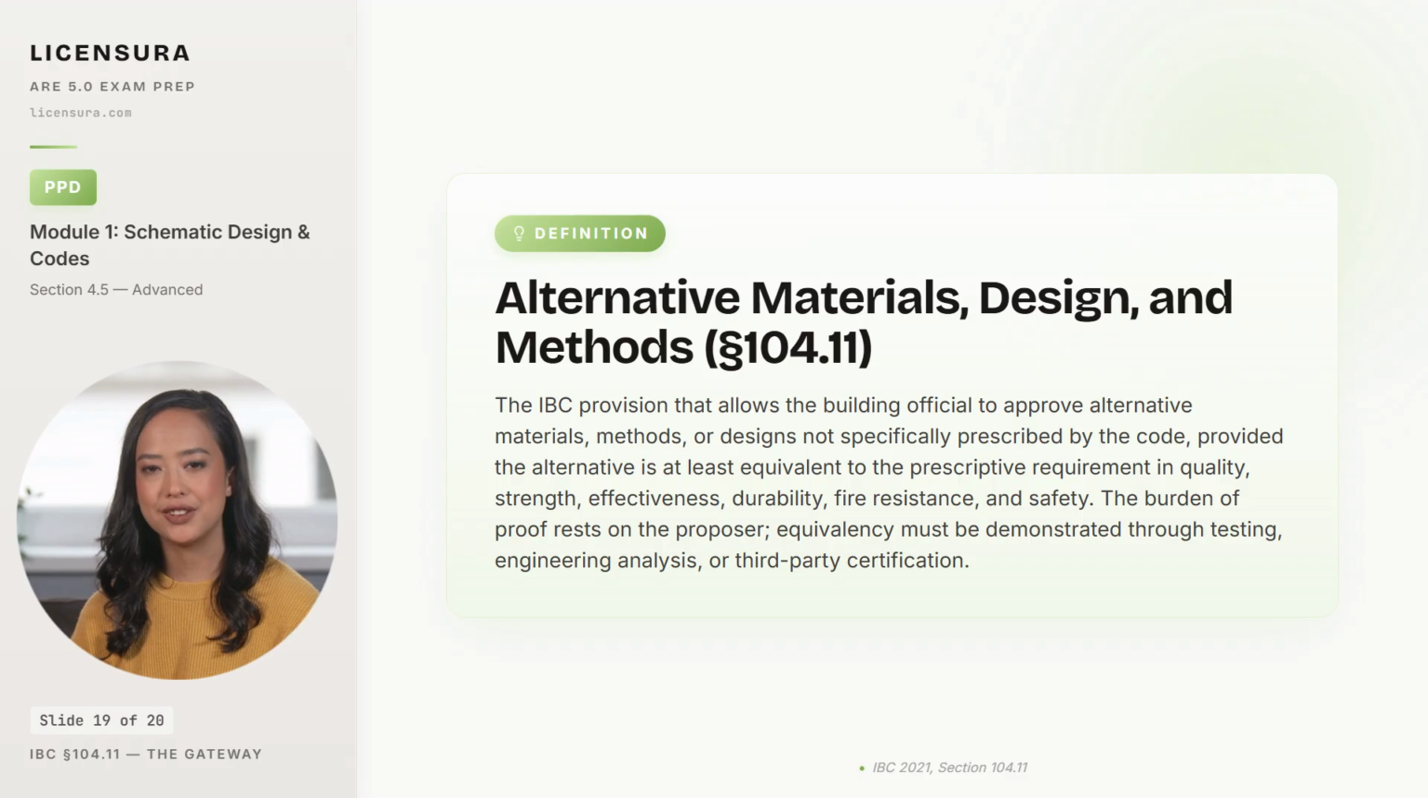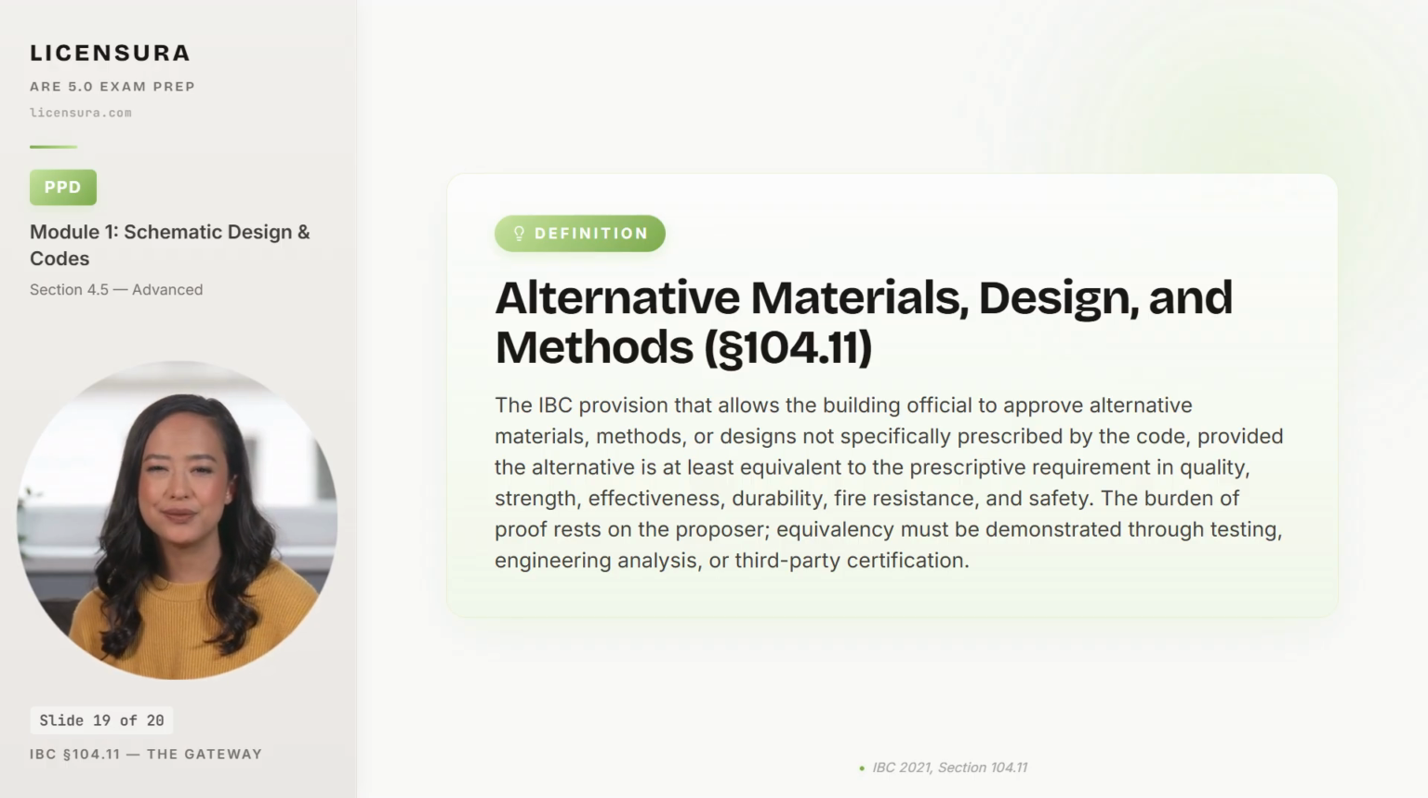The text reads that the building official is authorized to approve alternative materials, methods, or designs not specifically prescribed by the code, provided the alternative is at least equivalent to the prescriptive requirement in quality, strength, effectiveness, durability, fire resistance, and safety. The 5 equivalency test is the operating language: quality, strength, effectiveness, durability, and fire resistance, plus the catch-all